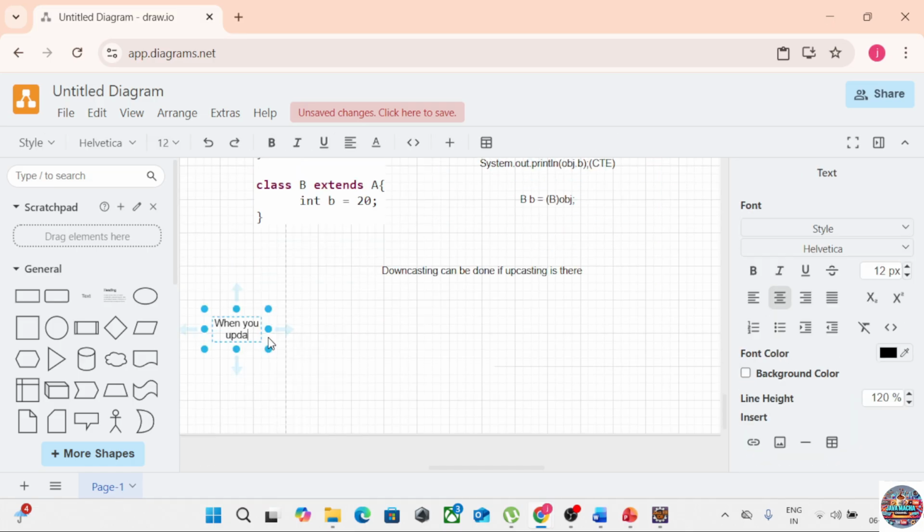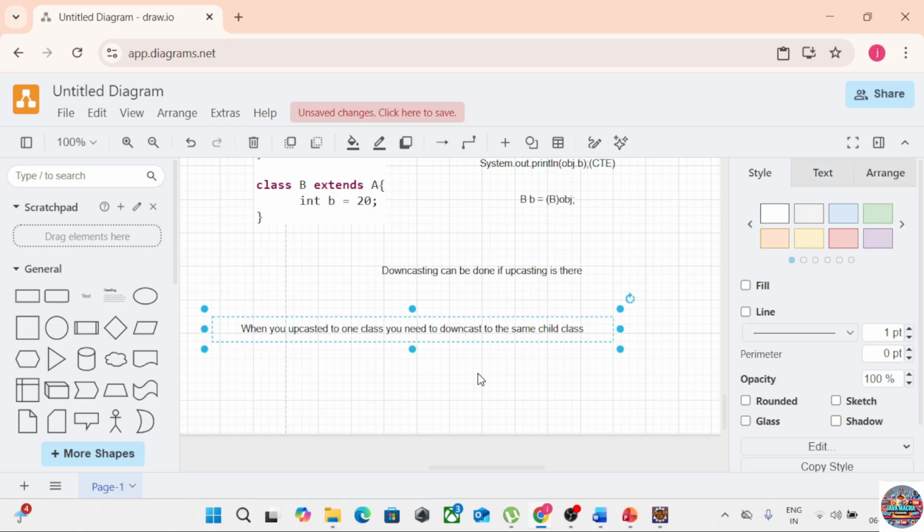When you upcast to one class, you need to downcast to the same child class. Okay, so